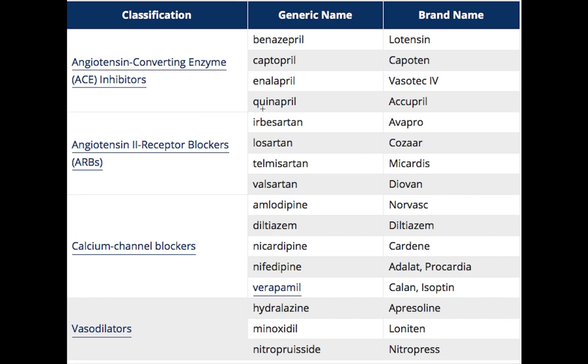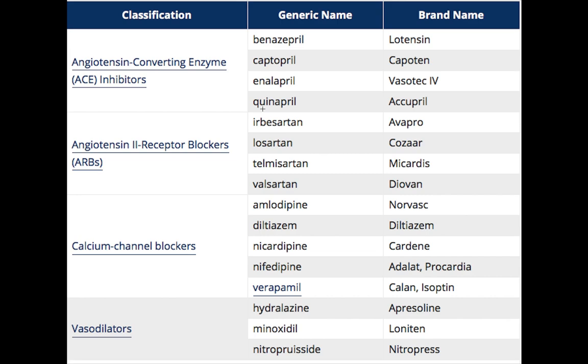The next thing, if you give these ACE inhibitors to patients, the problem will be increased potassium ions. This will not happen frequently, but an excessive potassium level of more than 5, or close to 4.5 or 5, will lead to peaked T waves on an ECG. That's a different kind of story, so let's not go into that detail.